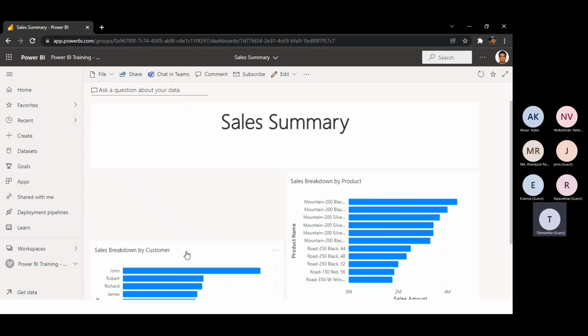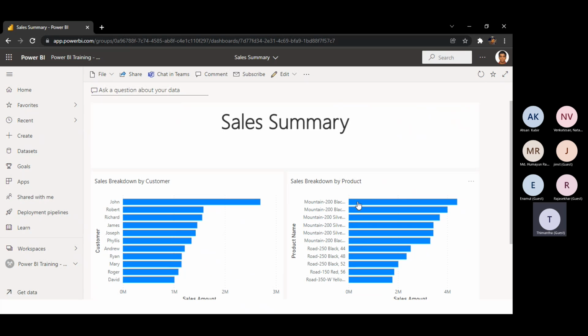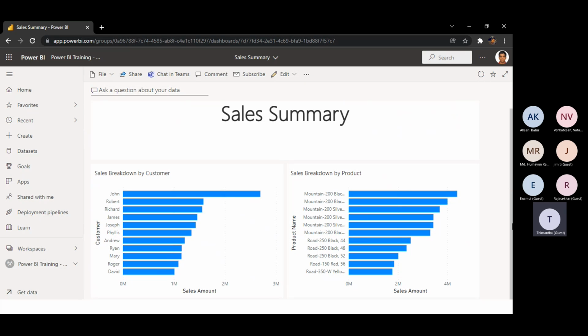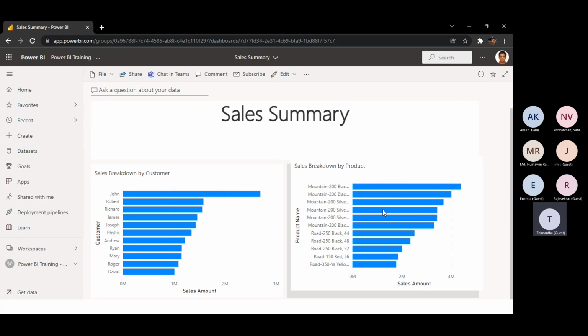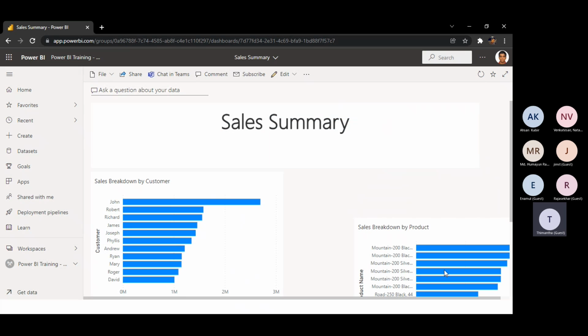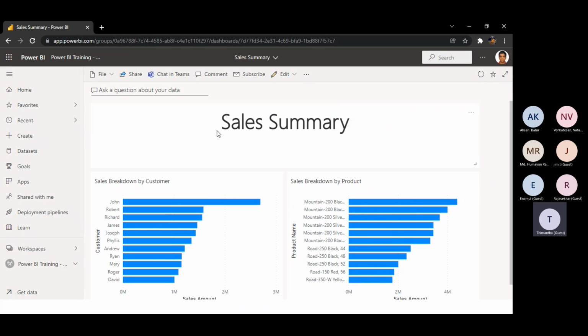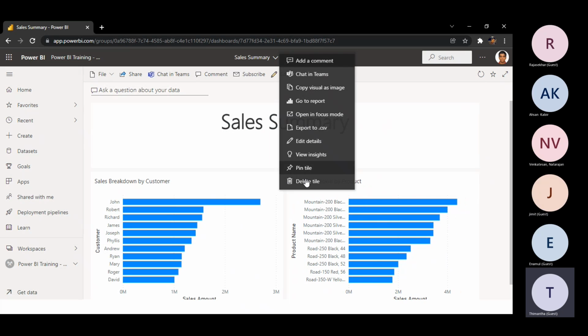And align, all you need to do to align is just drag and drop your visuals. It's very simple, not overly complicated. So it's really simple. Just click on the visual and just drag and drop wherever you want it to go. And that's that. And the next thing I want to do is I just want to provide a title and